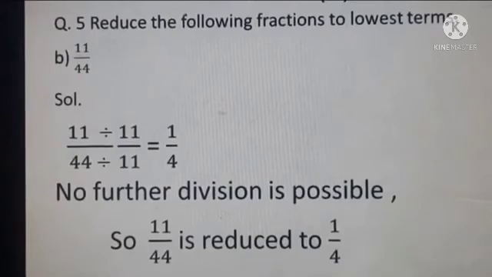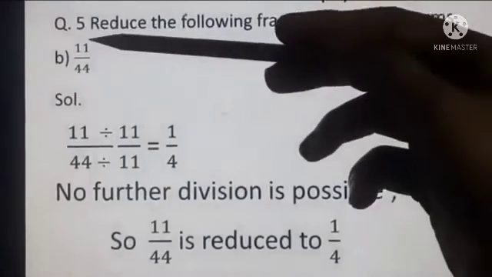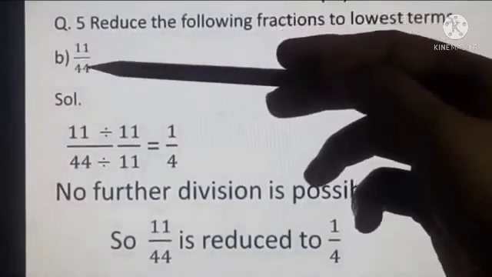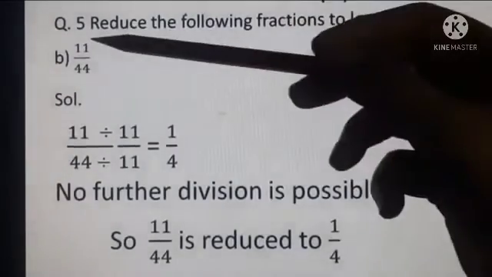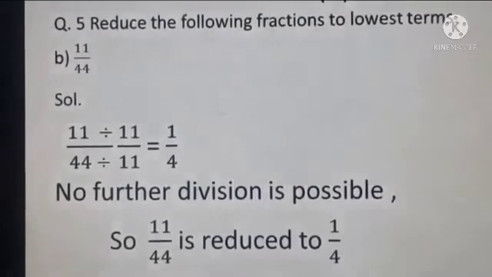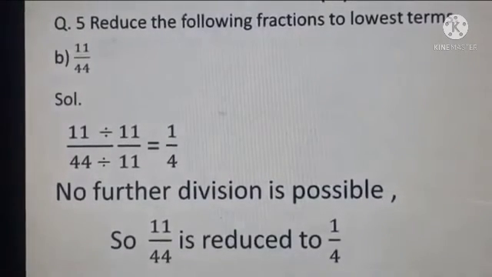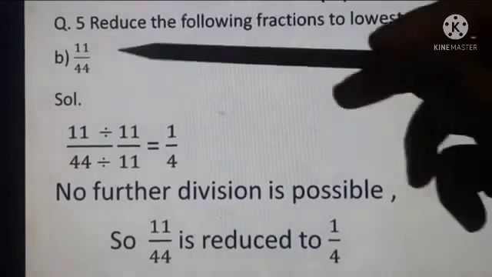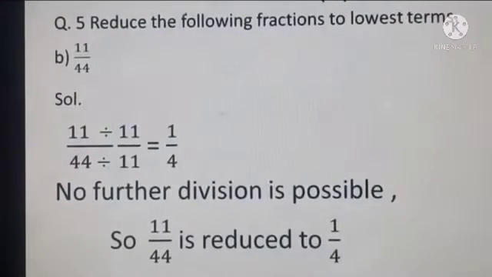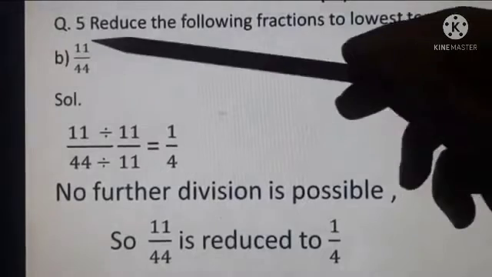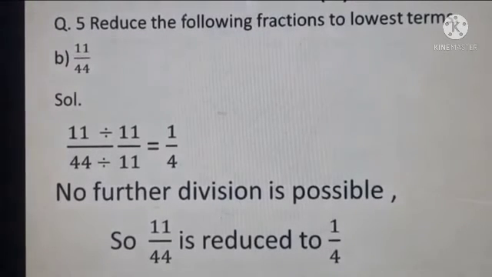What we have done in this method, we have seen the numbers written as numerator and denominator, that 11 and 44, these both are coming in the table of 11. So we have done division with 11. And our second method says that you have to find out the HCF of 11 and 44. You know that the HCF of 11 and 44 is also 11. Then you will divide with HCF. So you can take any method. The answer will be the same for both.